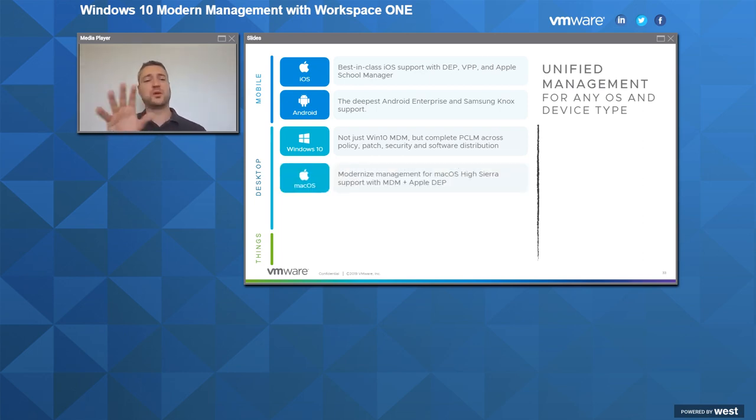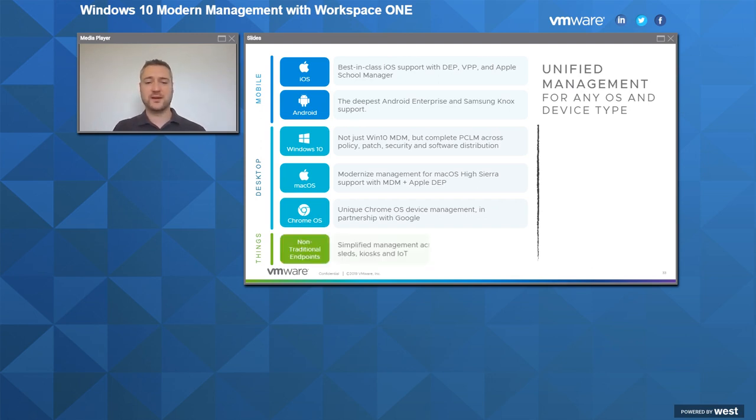And we can do the same thing with macOS. So the ability to manage macOS is built into the platform. And the same when it comes to Chrome OS. So we have a fantastic partnership with Google, which means that we have really great access to Chrome OS APIs, because we're no longer in a single ecosystem world. It's no longer just about Windows. It's about pretty much every other ecosystem that your organization wants to use, and you've got to be reactive to that. But building on top of a platform like Workspace ONE gives you that capability.